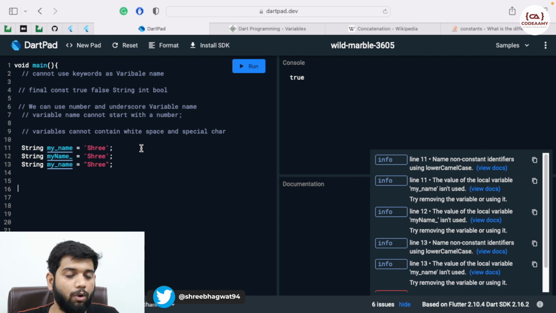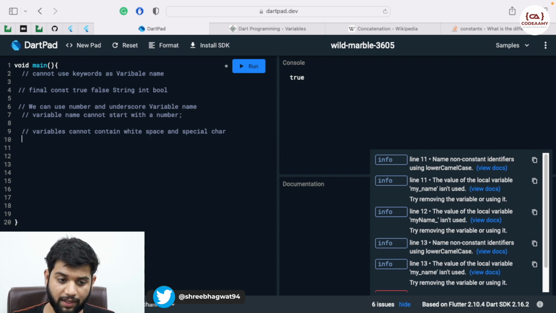So this is what we have learned. What we have learned is types of variables, how to define variables, how to change the value of variables, booleans, okay. Then how we can print, string interpolation, string concatenation. Let's see how you can print numbers inside a string.